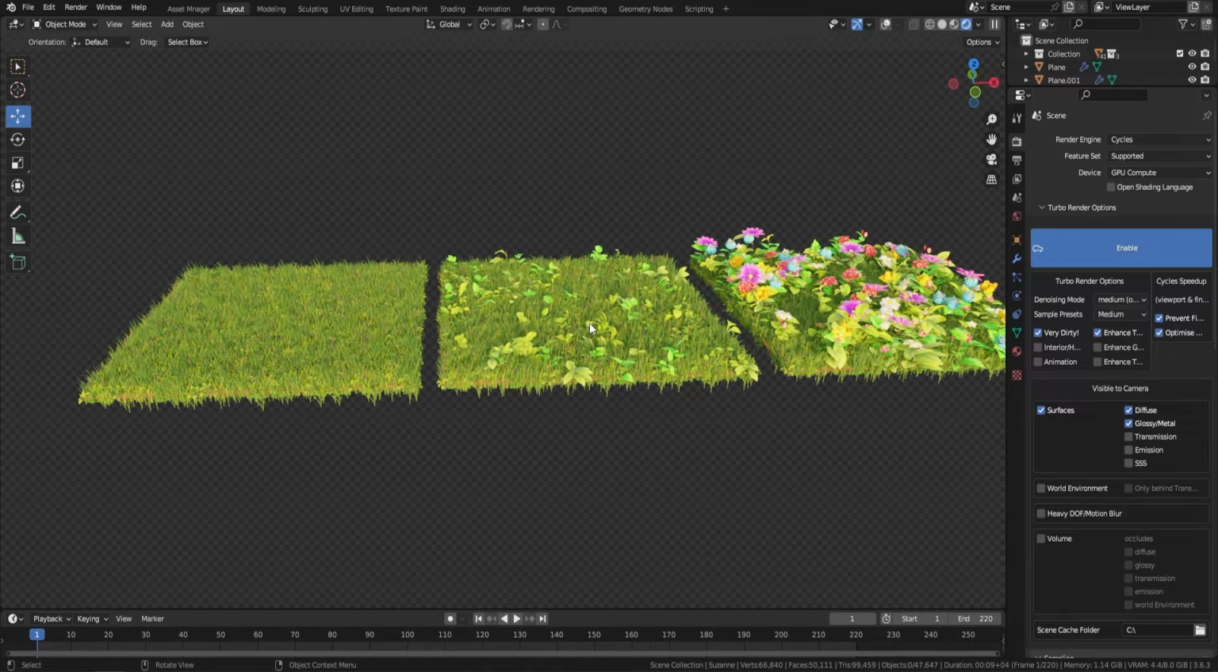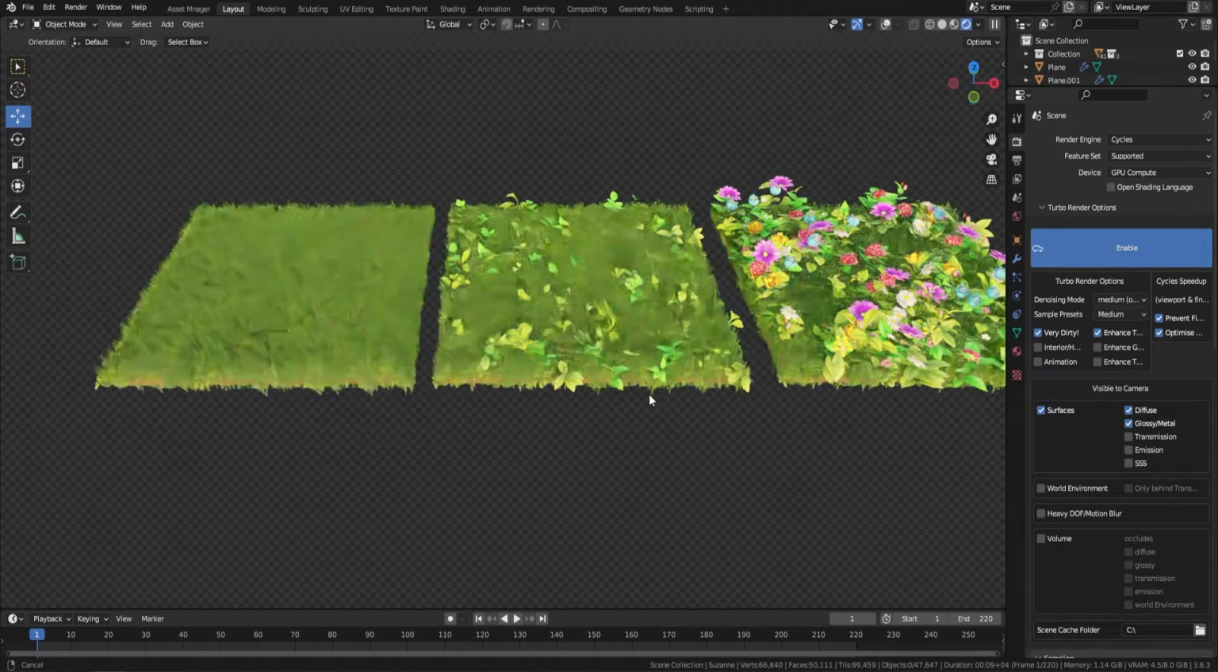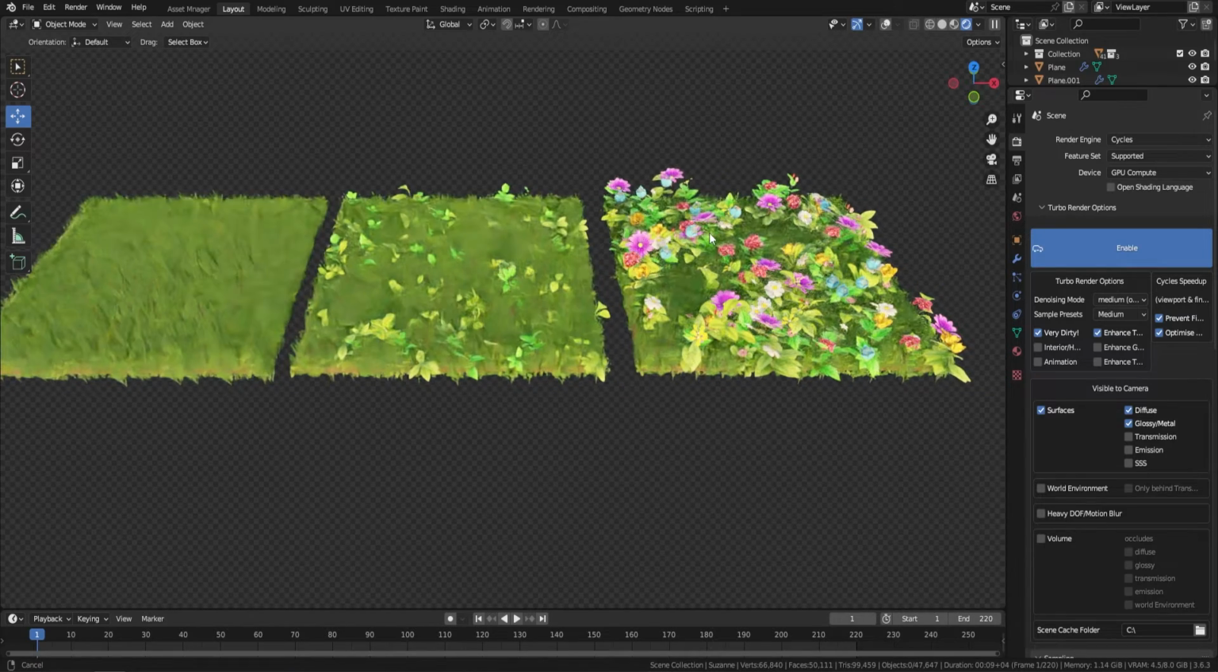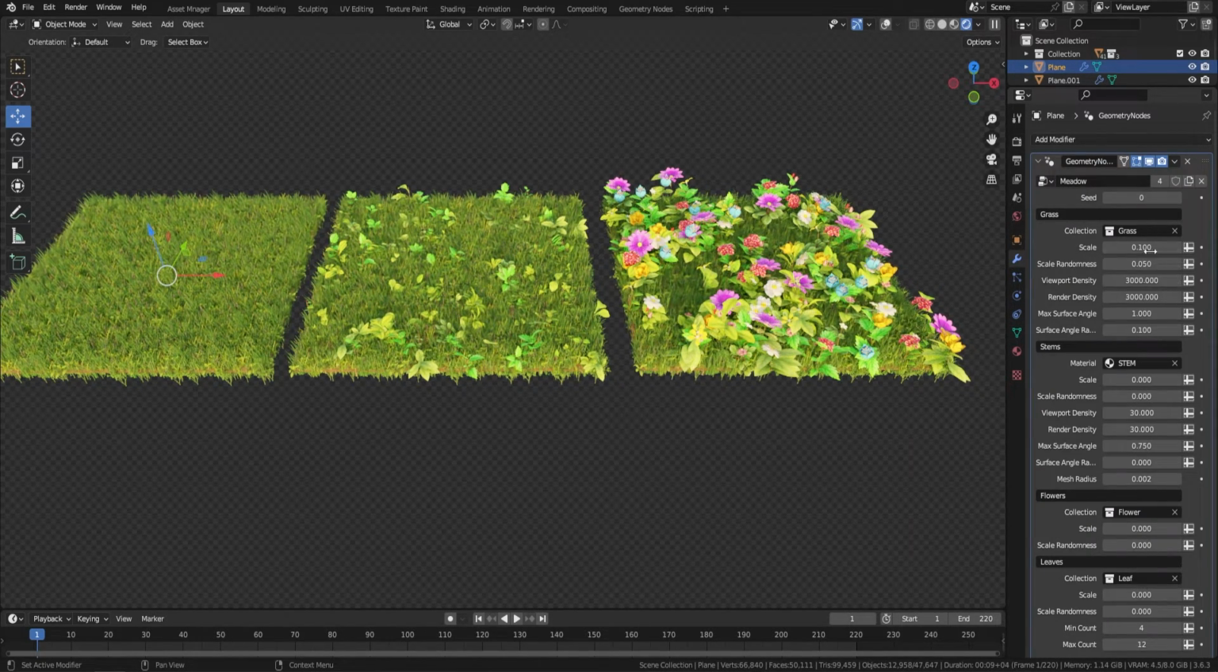But first, let me show you what we can actually do with it. So first of all, let me show you the optimizations. We can have one which is completely grass. You can have one which has got some grass and leaves in it, or you can have one with grass and flowers. So obviously with the grass one, we can come into our geometry node and